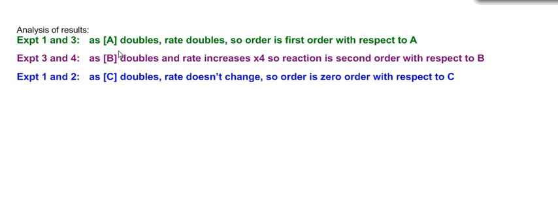The results overall then, A doubles, rate doubles, so first order. B doubles, rate increases by times 4, so the reaction is second order. It's the amount that the rate doubles squared, if you like, is second order. So if B had tripled, the rate of reaction would increase by 3 squared. And in C, when C doubles, the rate doesn't change, and we said this is zero